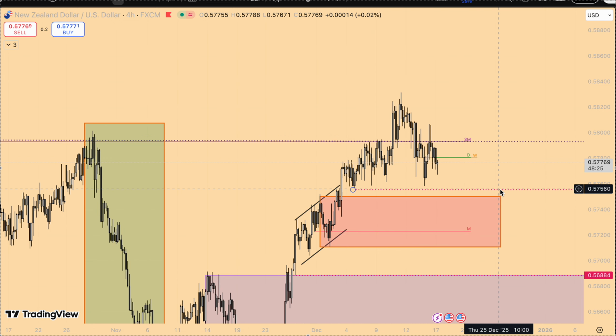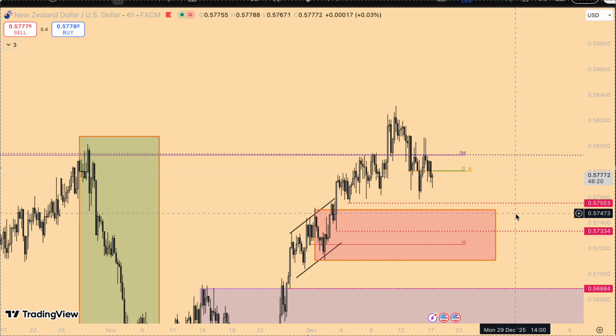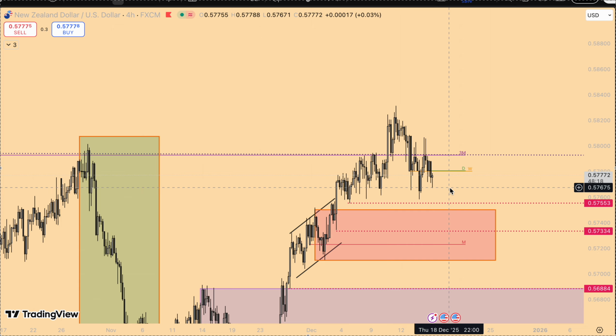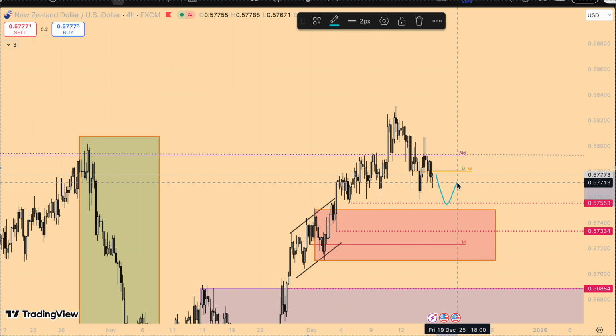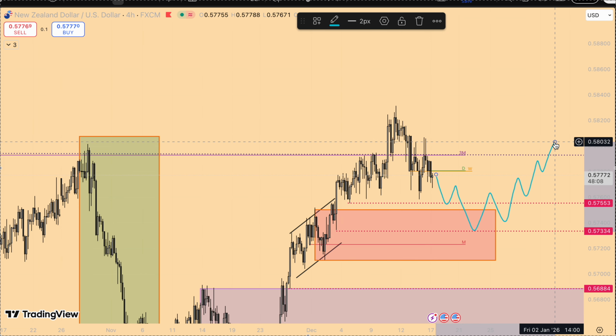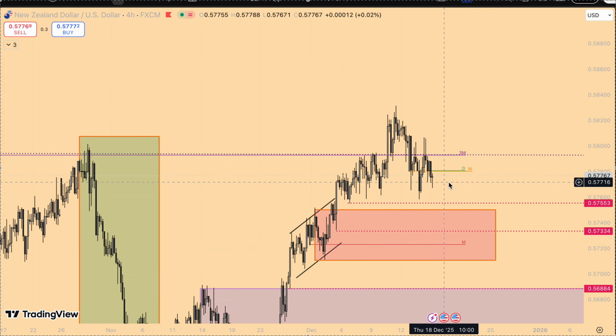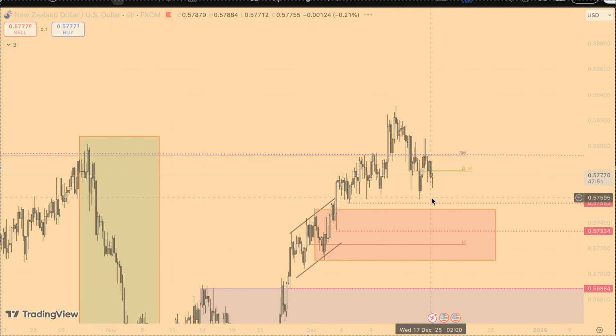You could also see right here, you have all of these liquidity points resting there. So we could just come swipe that low. So what will I be waiting for? I'll be waiting for lower prices, and then maybe get that V-shaped reversal, and to the upside we get some longs from there. Or you can see right here, we grab this liquidity, we could start pushing up from here, but that would be fine, I guess, but I'm not interested. I want lower prices before getting some longs.